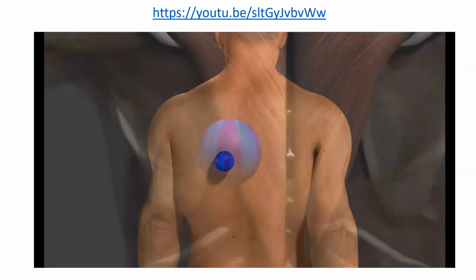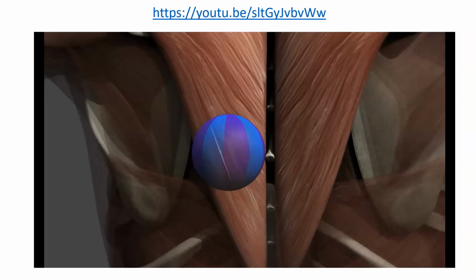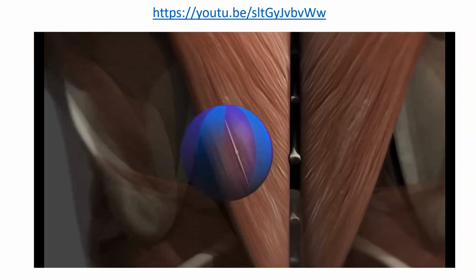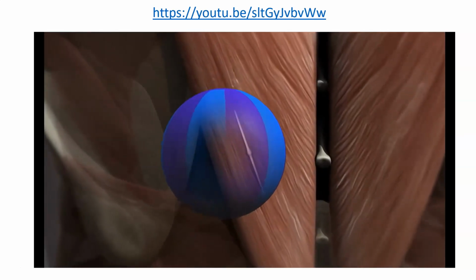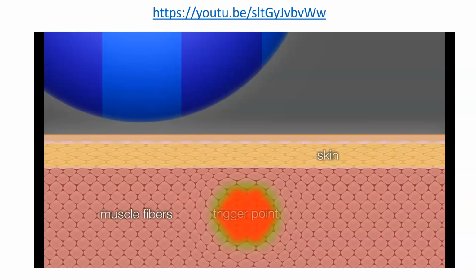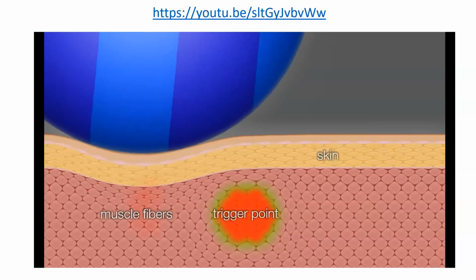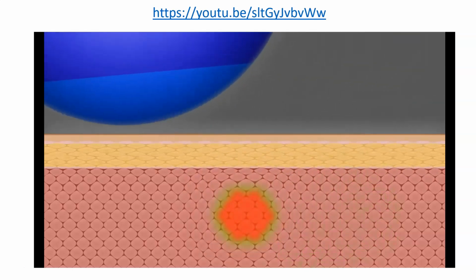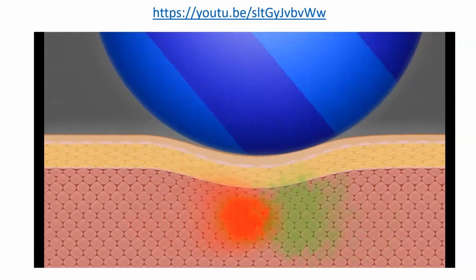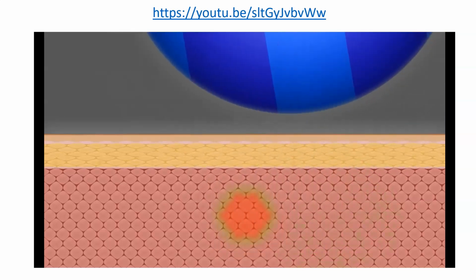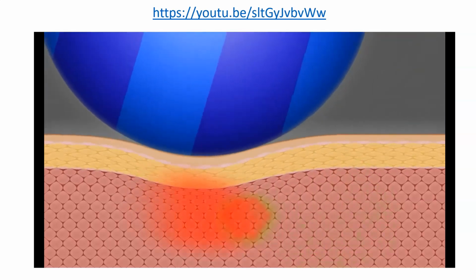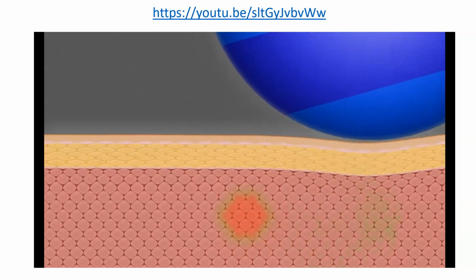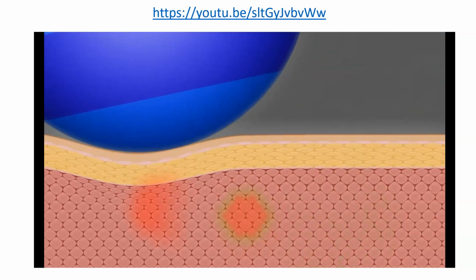You can see the ball moving slowly and deeply in short strokes from one side of the trigger point to the other. Series typically consist of about 8 to 12 strokes and are performed about 5 to 10 times a day. By using deep stroking massage, you are milking the trigger point, so to speak. Blood and lymph fluid is moved out containing waste generated by the contracted muscle fibers. Each time you move over the trigger point and release the pressure, fresh blood immediately flows in, bringing fresh oxygen